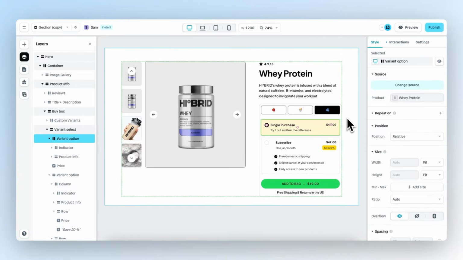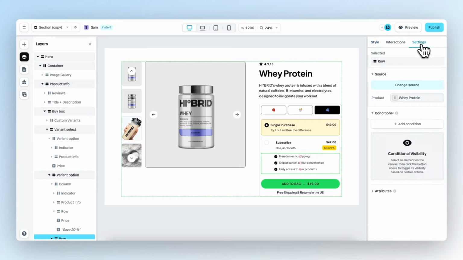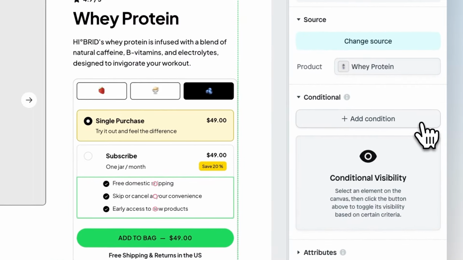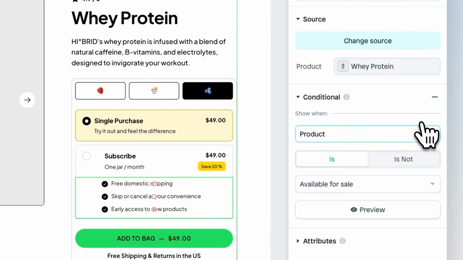To conditionally show a specific element, click on any element on the canvas. For example, this element that contains the subscription information. Then navigate over to Settings, and here we can add a condition. When we add a condition, we get a menu with the options that enable us to show or hide this